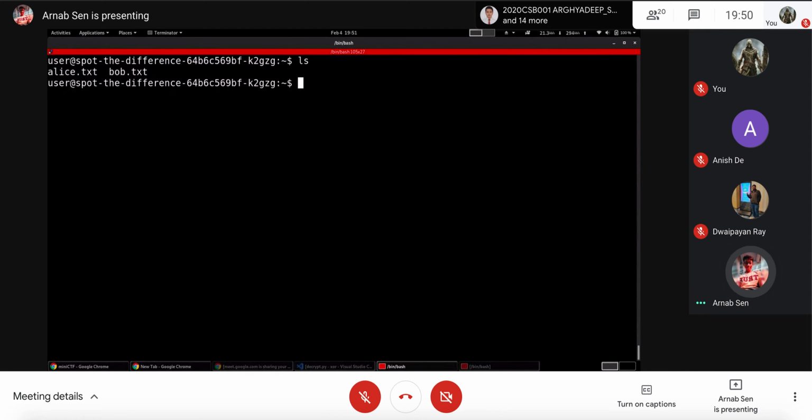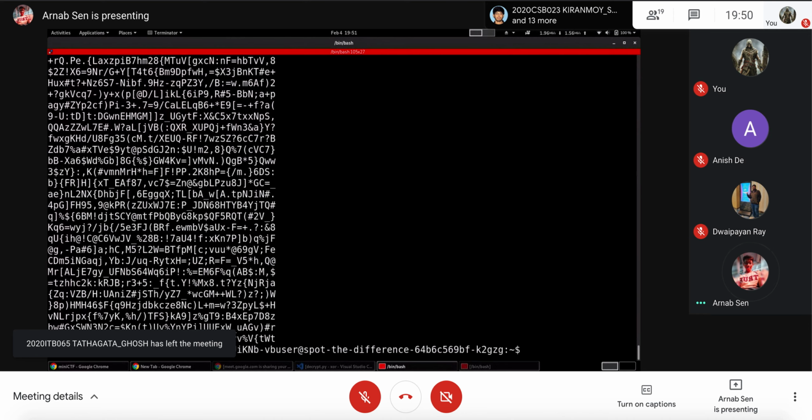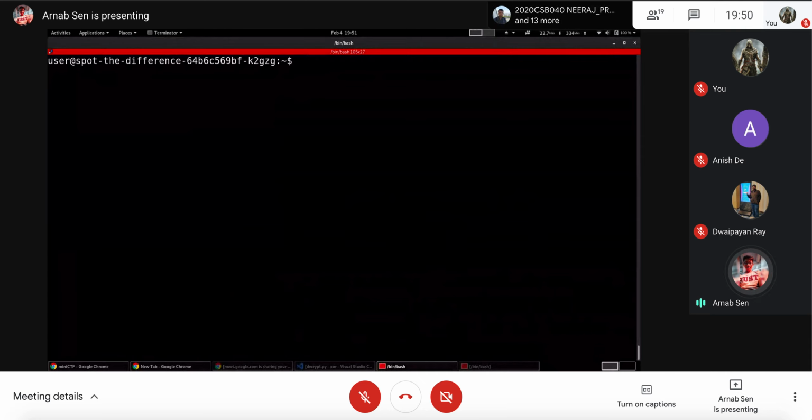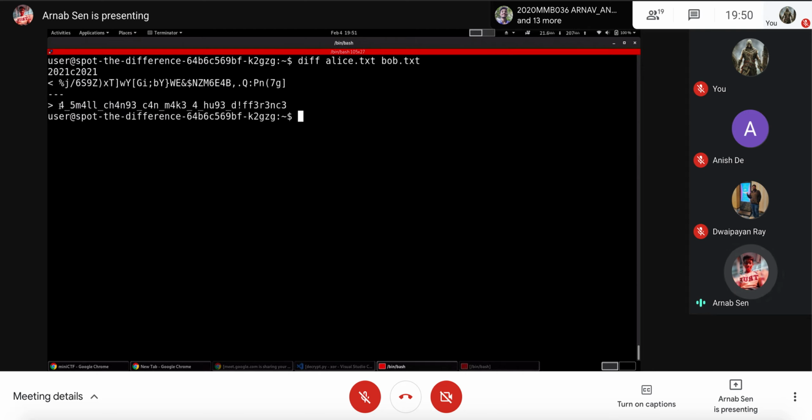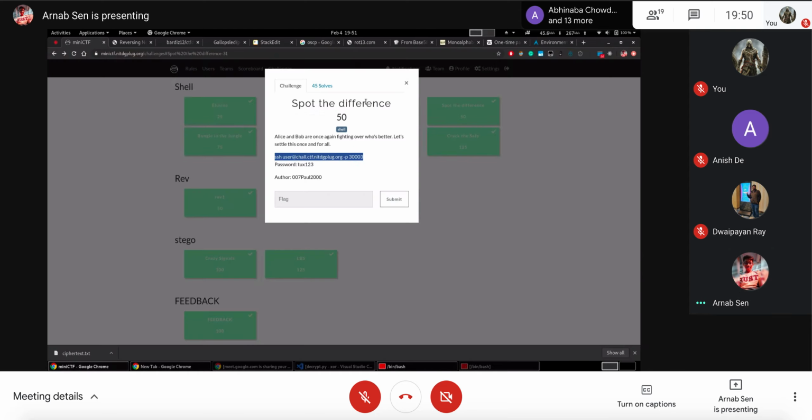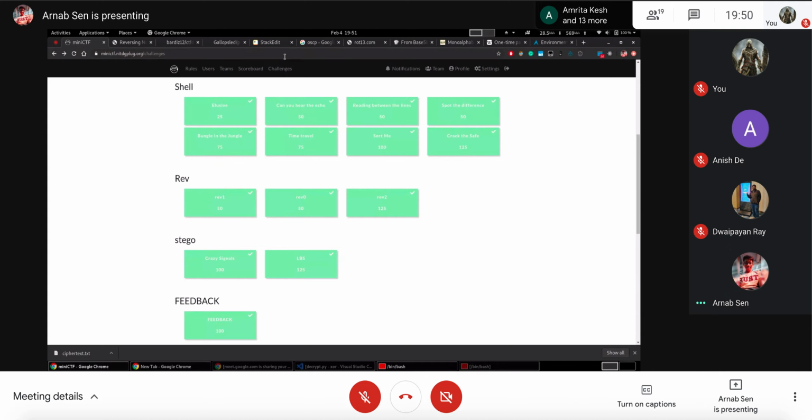So what is given? Alice text is given, Bob text is given. I don't know what your approach was. Wow, this is a very big text, and Bob's text will be equally big, I guess. But what you can do is, it's asking to find the difference, right? And there is this command called diff, which will exactly give you the difference between these two text files. You can run it over here, and here you see it's a very familiar line, which is a small change can make huge difference. So this is the flag. You wrap it around the given syntax that's provided, and you will get the flag. That one was spot the difference.